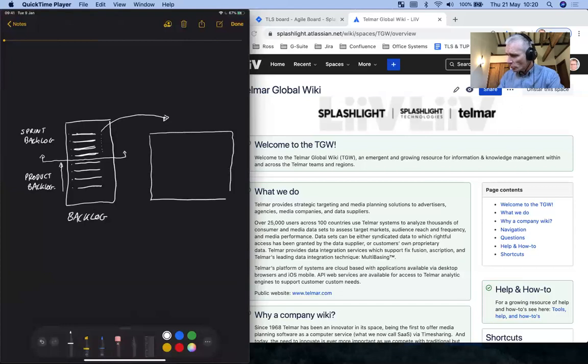A whiteboard on the wall, in its simplest form, will have 3 columns, and those columns will be to do, in progress, and done.